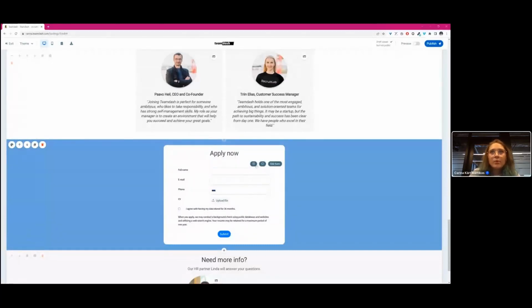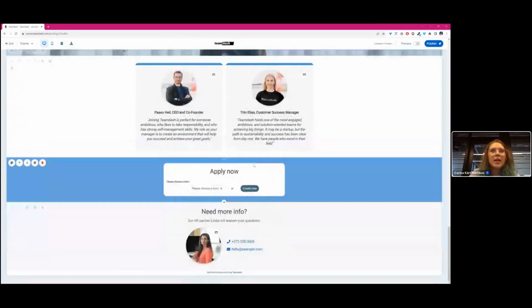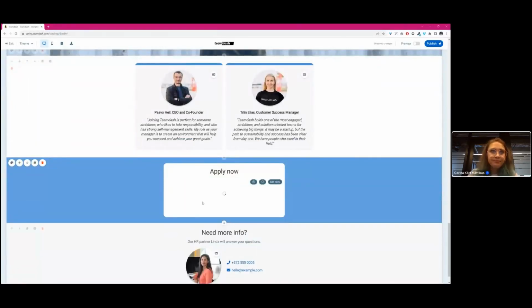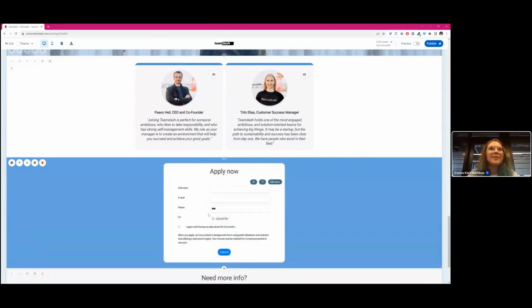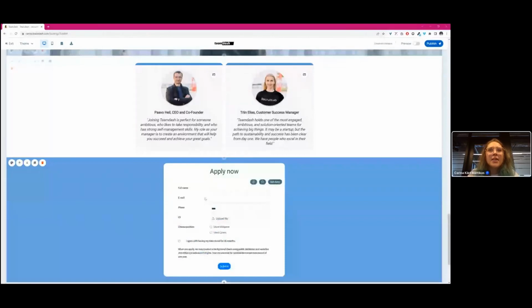Now you can also click on the X here and choose another one. So these are the forms that you have created previously in another section of Teamdash. Sorry, I chose the same one. Now the second